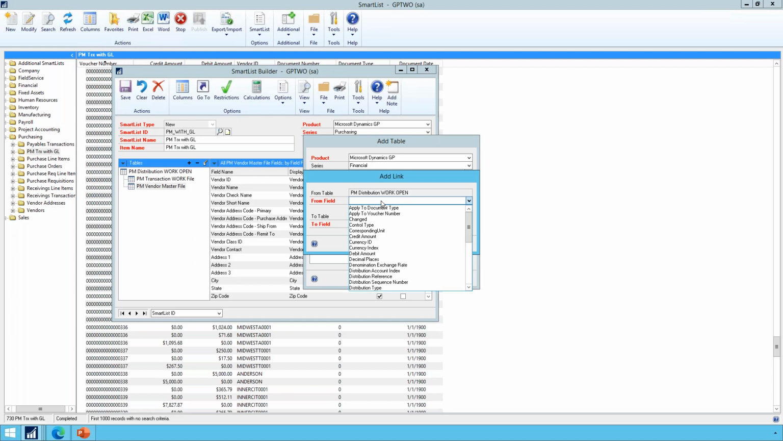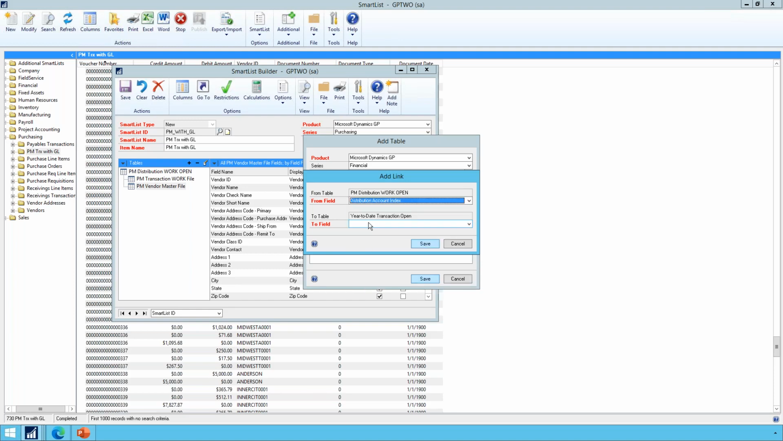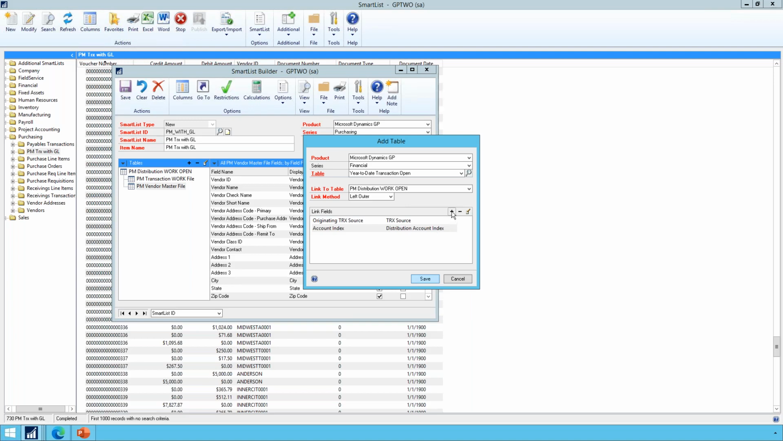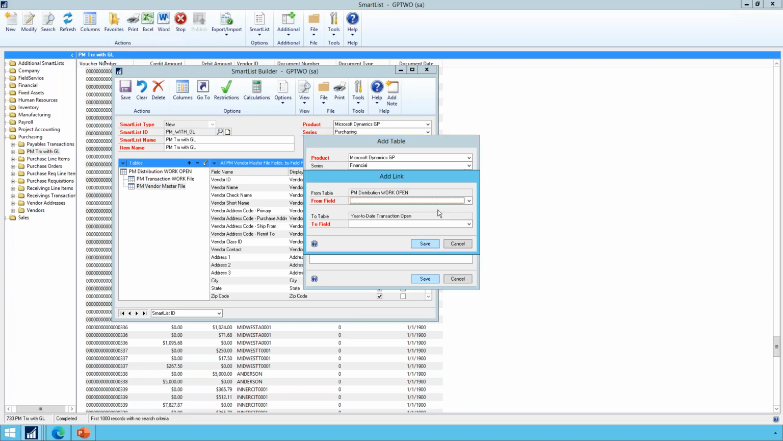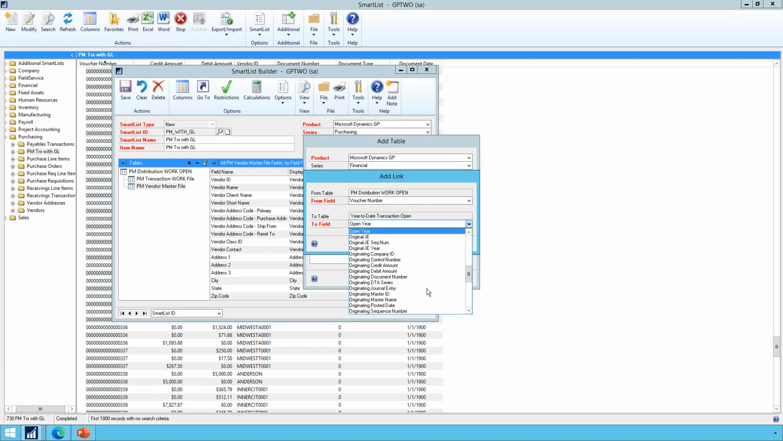And it is transaction source to originating transaction source, and then the account index, but it's distribution account index in this, and then it's account index here, which is our behind the scenes account number. And then it'd be the voucher number to the originating